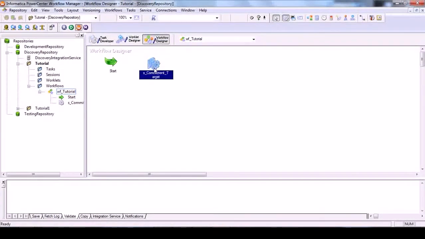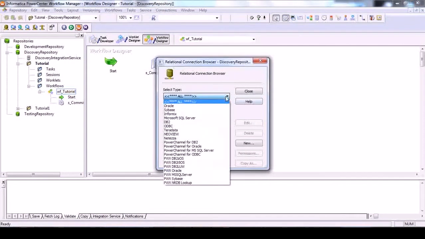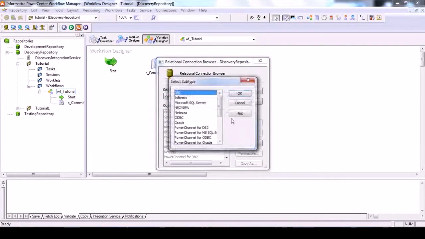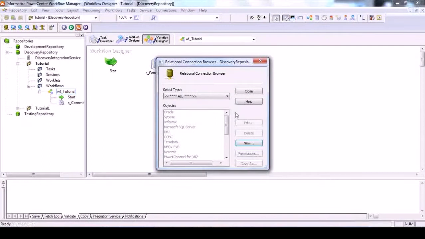Okay, so before we move on, let's just create the connections through which our database will be connected. In the connection tab, relational, select all. So we will create a new one, right, for Oracle.